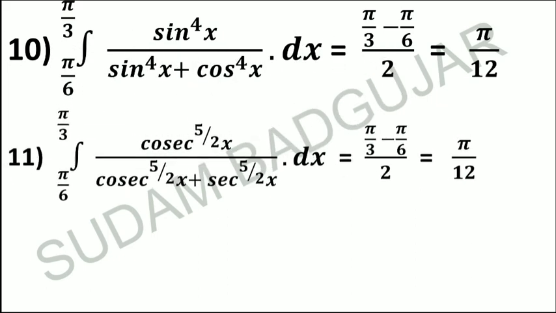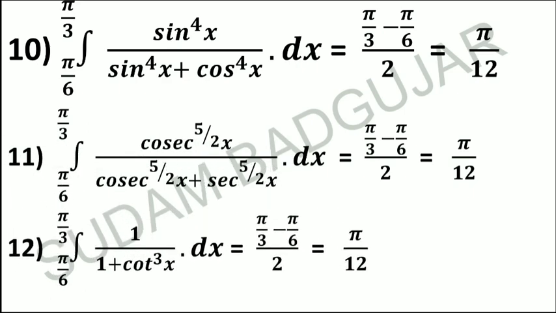Okay, now you can easily find the final answer if the condition is that the denominator is a sum of two terms and one of the terms is at the numerator, then you have to apply the shortcut formula. Okay, now here also 1 plus cot cube. This is possible only for cot and tan, not sec and any other function. Then this one you have to convert in sin upon cos. The final answer is pi by 12.